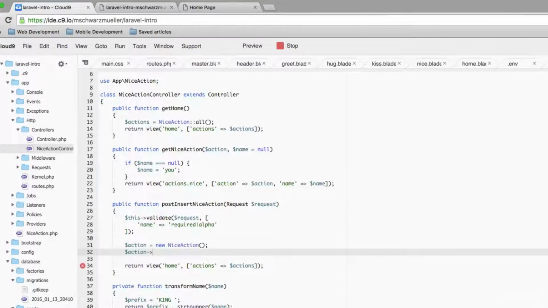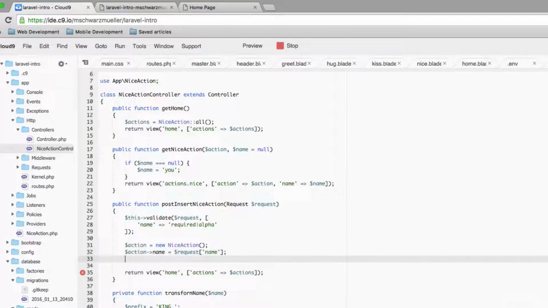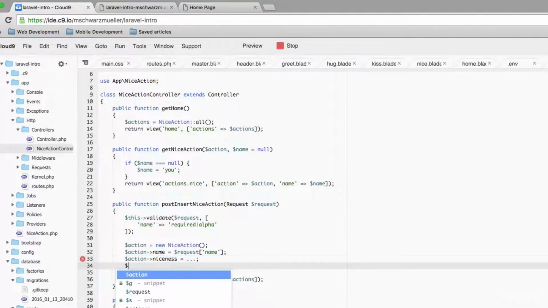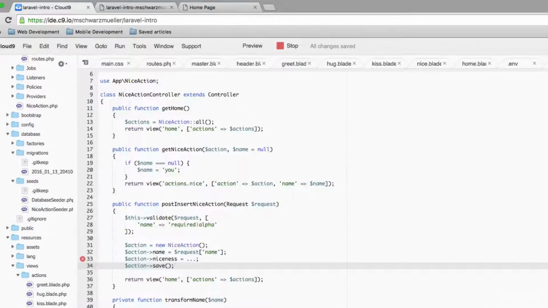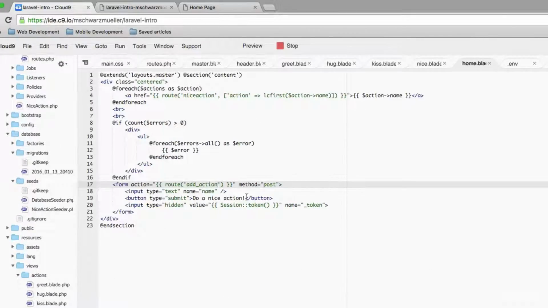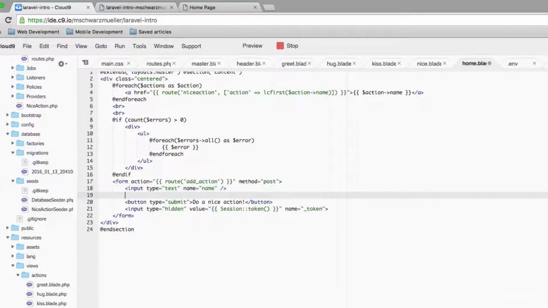Now this action will have a name equal to request name. It will need a niceness, which we're not fetching yet, and then we will save this. So to get the niceness, let's go back to our view and just duplicate this input here, rename it to niceness,